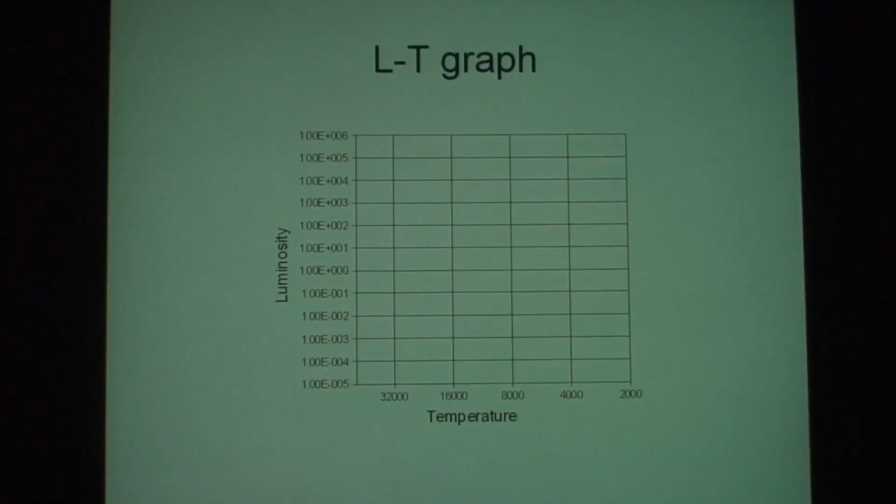About a century ago, Ejnar Hertzsprung and Henry Norris Russell were working independently, and they both came up with the idea that if we plotted the brightness of the stars against their temperature, we might learn something interesting. So we've got the brightness up here, luminosity is the more scientific term, and temperature across the bottom. You'll notice temperature runs backwards. Well, that's because these guys were doing it by spectral class, and when you put spectral class in order this way, temperature comes out in order that way. And of course, once one astronomer's done it one way, we all do it the same way, forever.